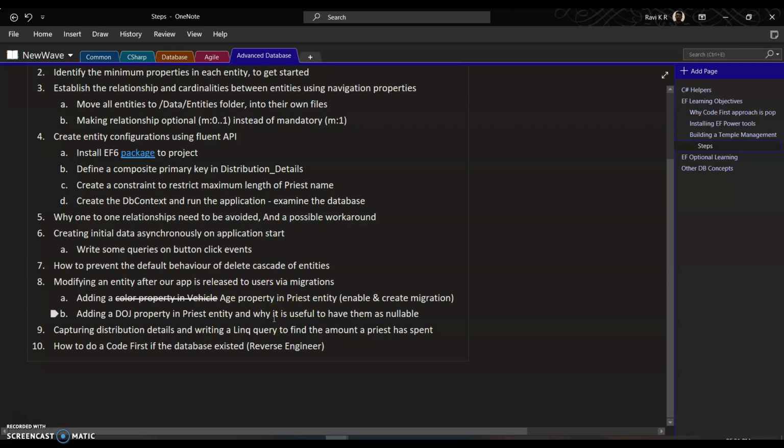And we saw finally the most important part, which was to keep our model and database in sync with each other using the concept of code first migrations. We wrote a few queries to understand how entities can be nested, how you could capture some distribution details, and how you could even calculate the amount spent on them. And finally we saw how to approach code first if the database already existed.